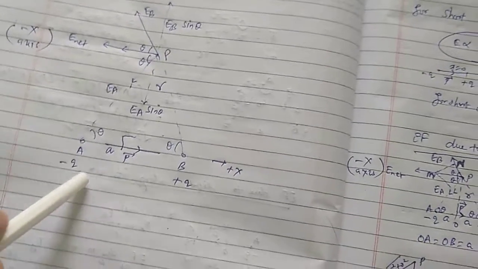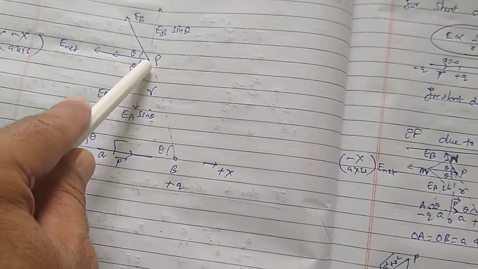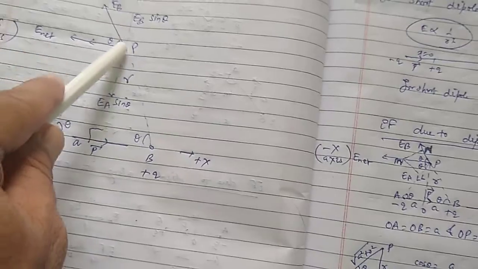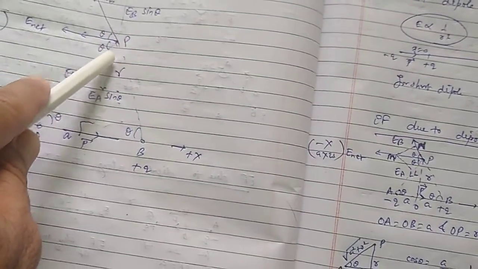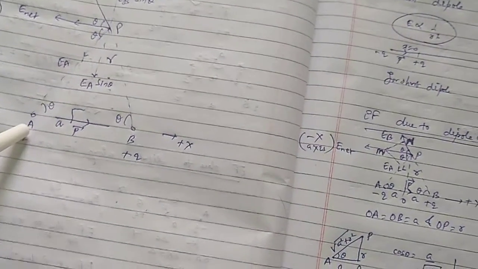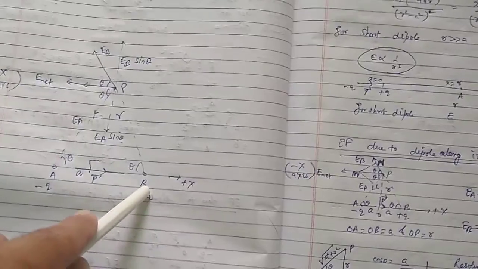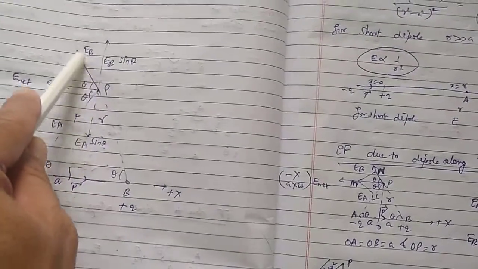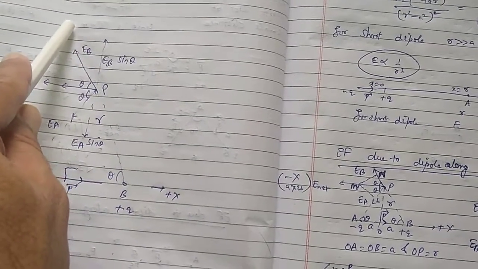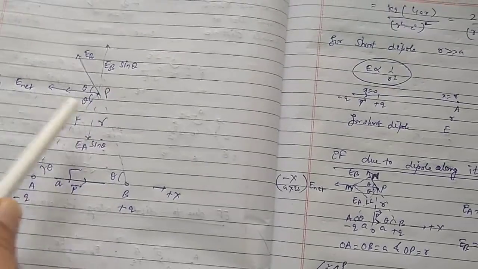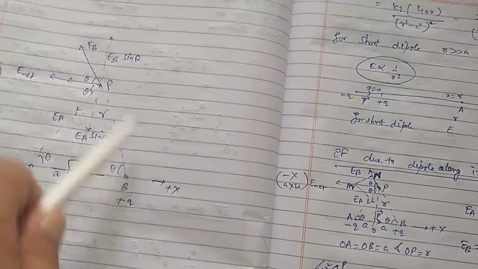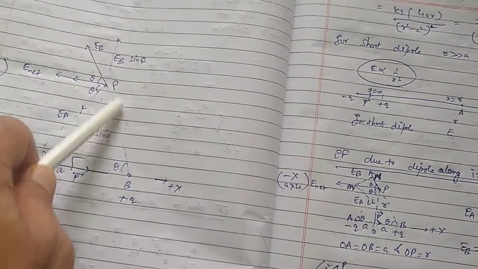This is minus Q charge, and wherever you want to find out the electric field, you will consider a test charge, and the test charge is always positive. So this negative charge is going to attract it towards itself. So the direction of electric field due to minus Q is along the PA direction. Similarly, plus Q charge is going to repel the test charge away. Therefore, its direction will be along BP, along this direction. Since PA equals PB, under root R square plus A square, this angle and this angle will be the same. It means it is behaving as an isosceles triangle.